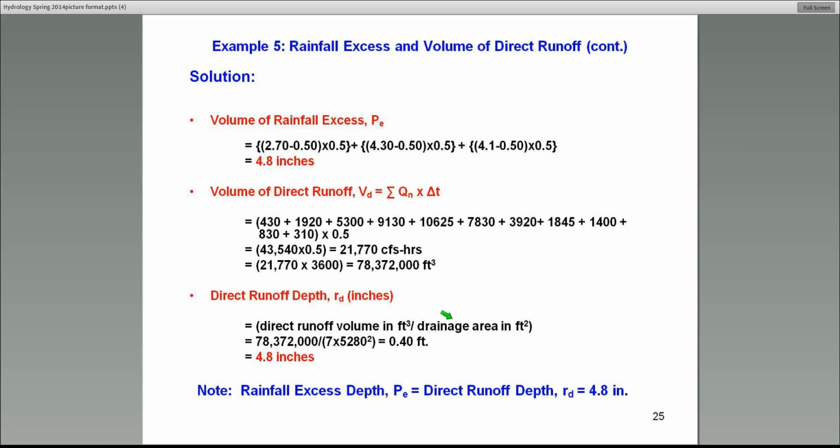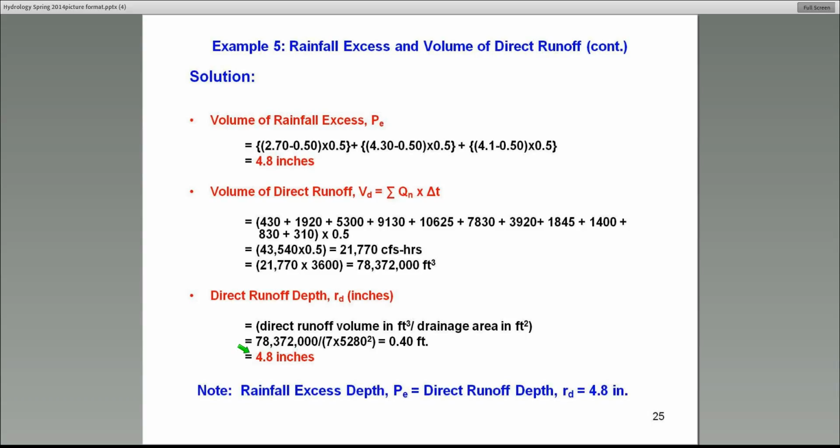I will then calculate the watershed size in square feet. From square miles, I'll convert it into square feet. And if you divide this volume of runoff by the drainage area in square feet, you'll get the depth in feet, which you then convert to inches. In this case, it turns out my runoff volume is also 4.8 inches, which, by the way, is the main